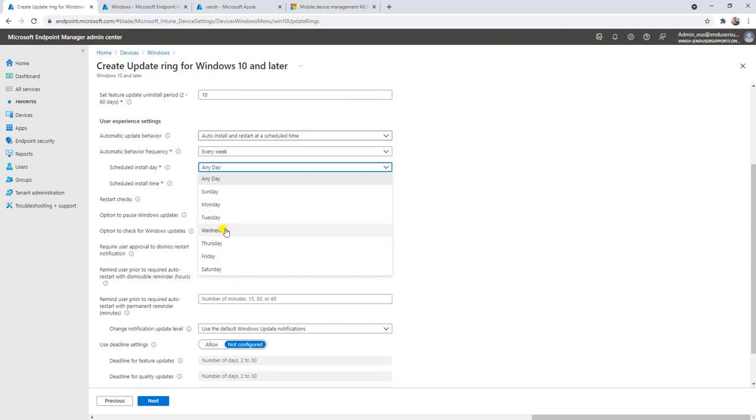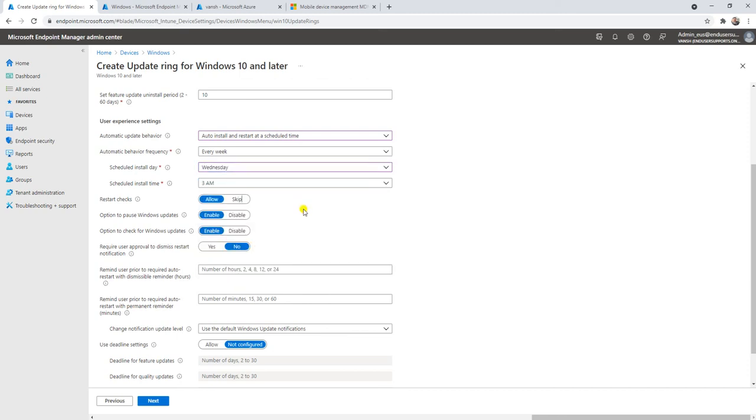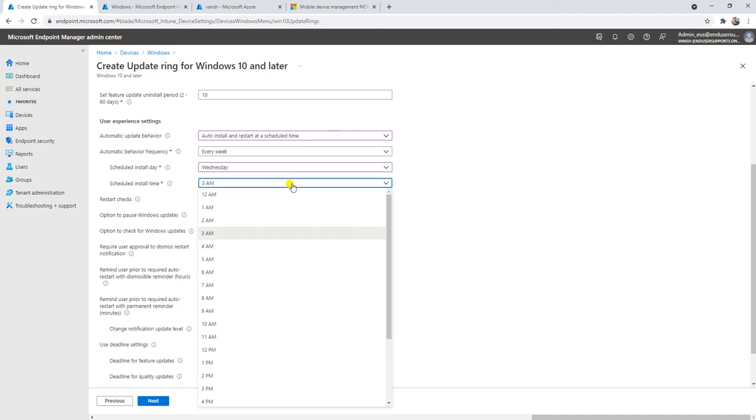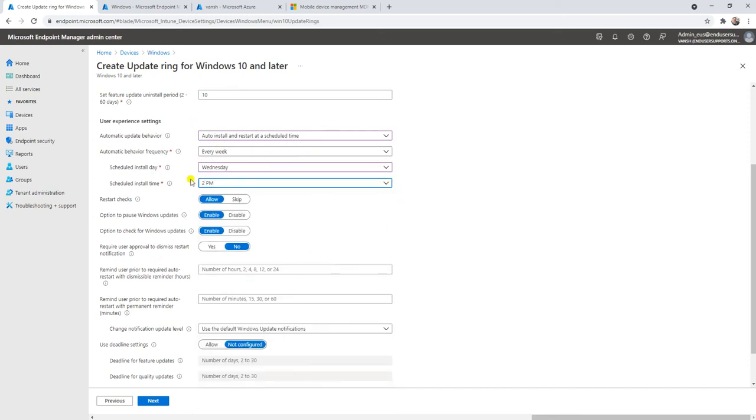Every Tuesday the patch is getting released, right? So what we can do, we can take Wednesday, and for the scheduled time, just take business hours, because in the early morning no one will be awake. I can give 2 p.m. 2 p.m. is the perfect time to install the patches and all.